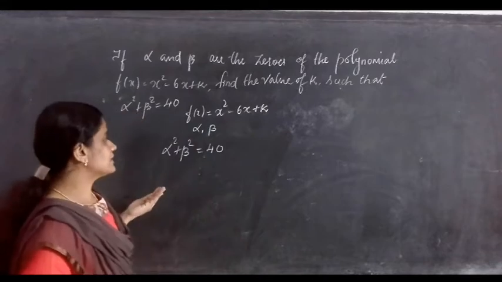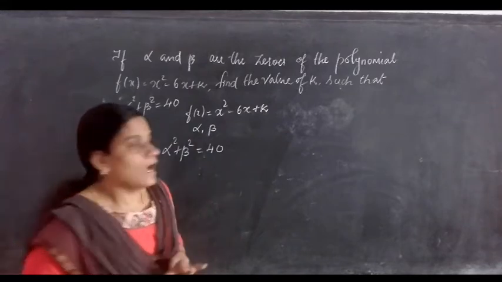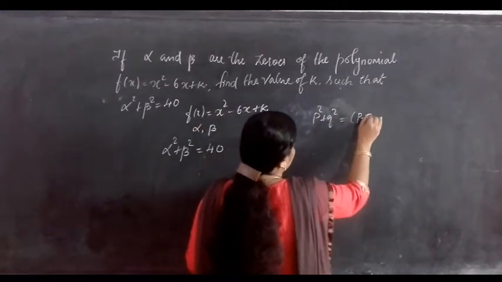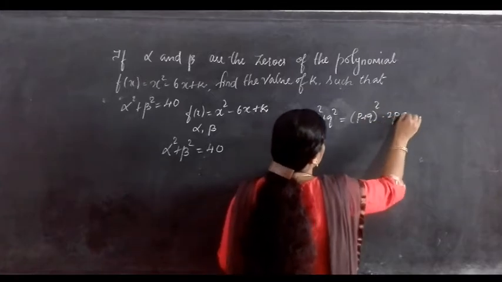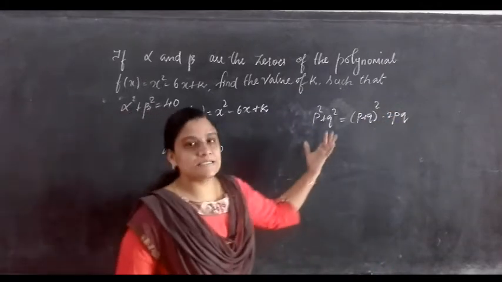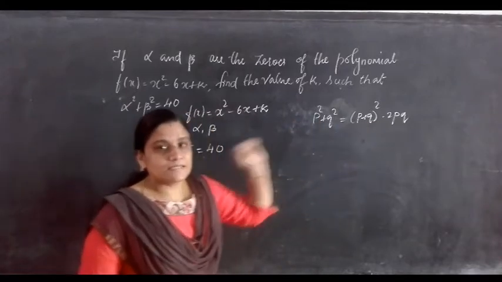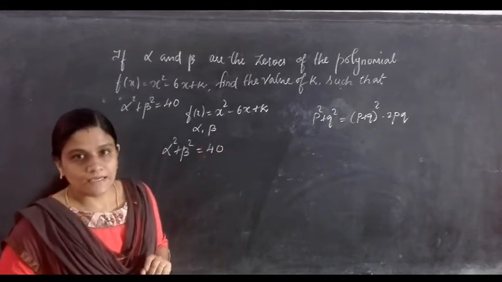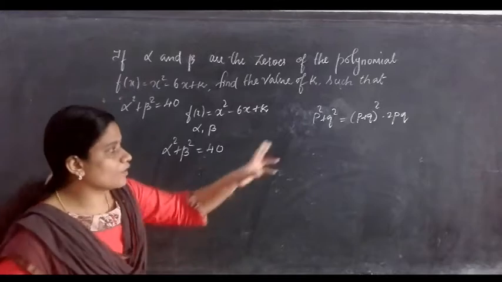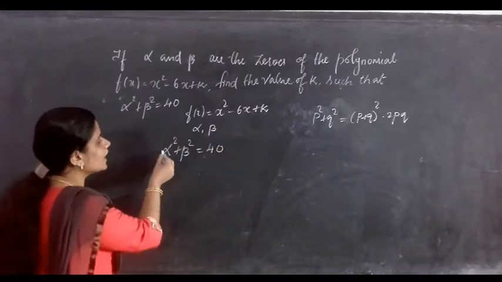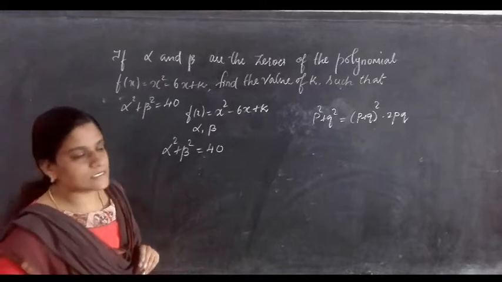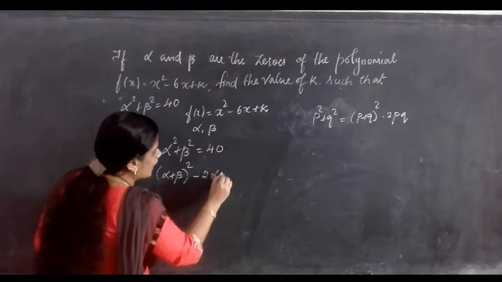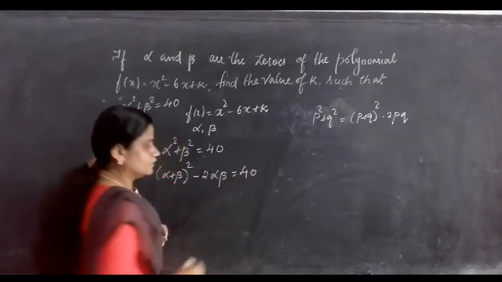Is it? So you just listen here. In the previous question, how do we write p square plus q square? That is p plus q whole square minus 2pq. As always, children, we have used the identity a plus b whole square and we got this. Is it? The same way, we can write this alpha square plus beta square in that form, no? Yes? Using the identity a plus b whole square. So how can you write? Instead of p and q, here the zeros are alpha and beta. So alpha plus beta whole square minus 2 alpha beta is equal to 40.